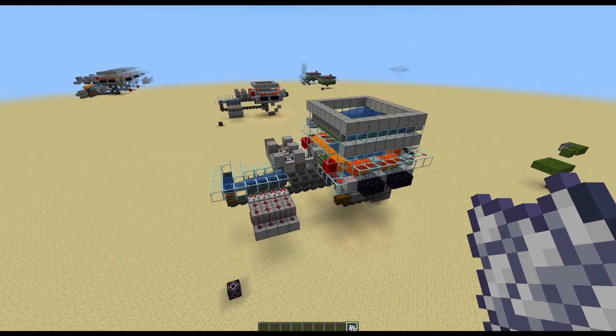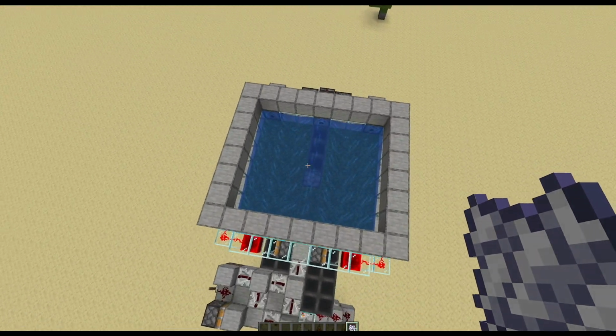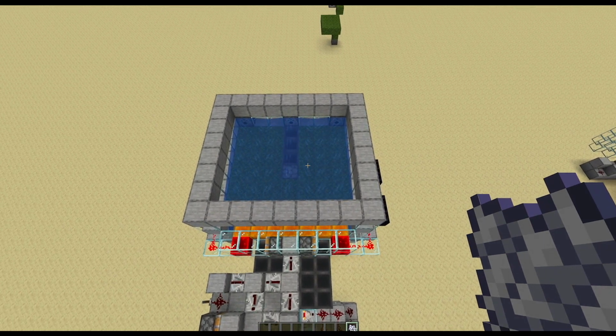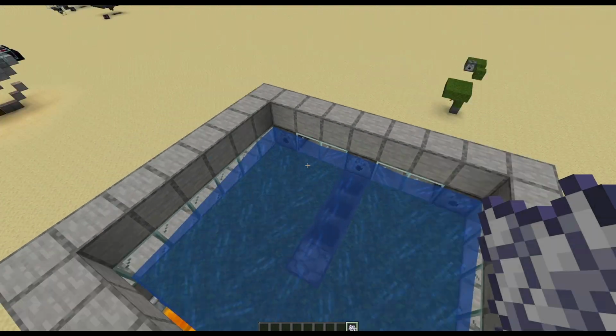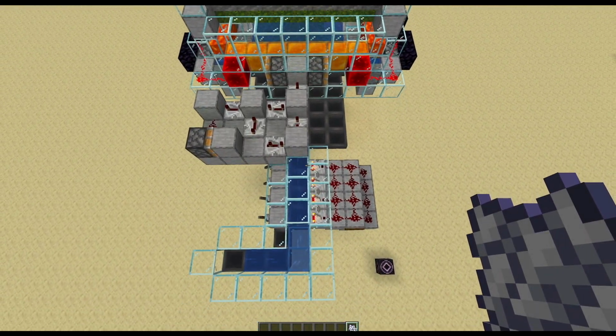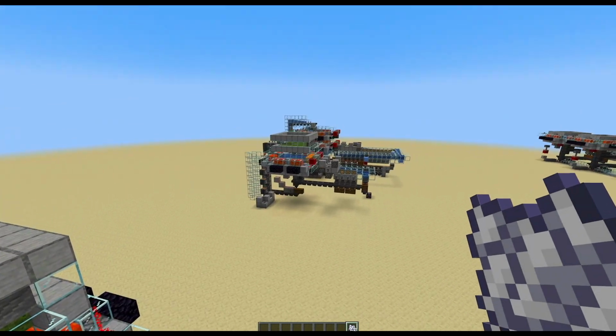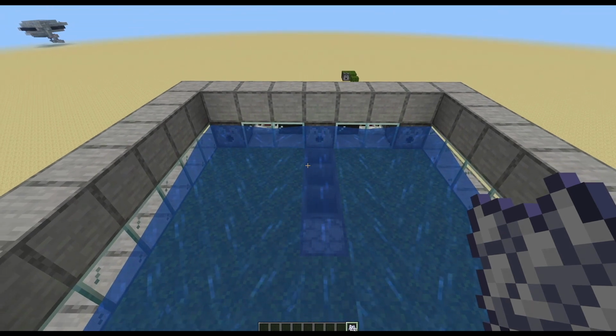I actually also tried this in this version where I used a 7x7, because it's actually different when you only bone meal the surface. Then the surface matters quite a bit more. This one actually produces 1.5 stack more per hour than this one,